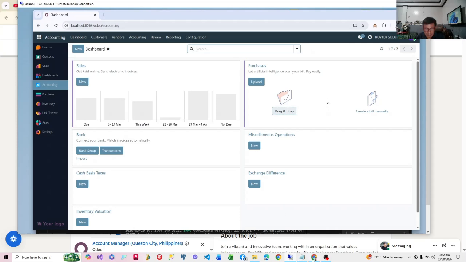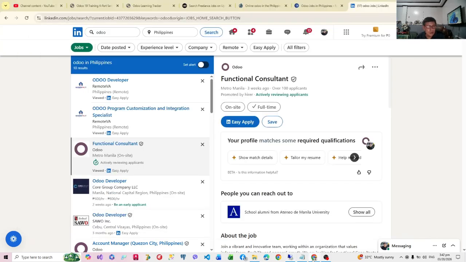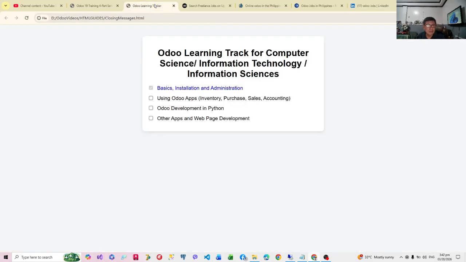That is why, as teachers, we will also continue to teach the technology, especially in college, to prepare our students to do active administration and installation, and even customization, because Odoo uses Python, a favorite among a large group of students, not only in the Philippines but in other countries.